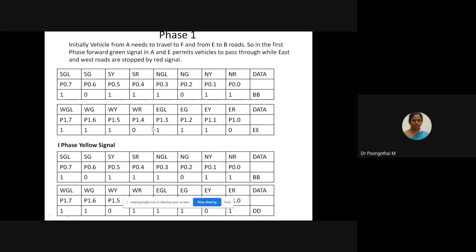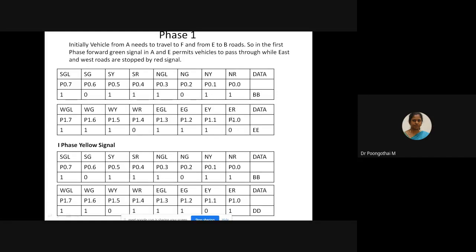So next, for changing red signal to yellow signal, the green should be the same. Okay, the green should be the same for phase 1 for changing red signal to yellow signal. Here this red should be changed from 0 state to 1, that is 0 to 1, and here this should be turned on.